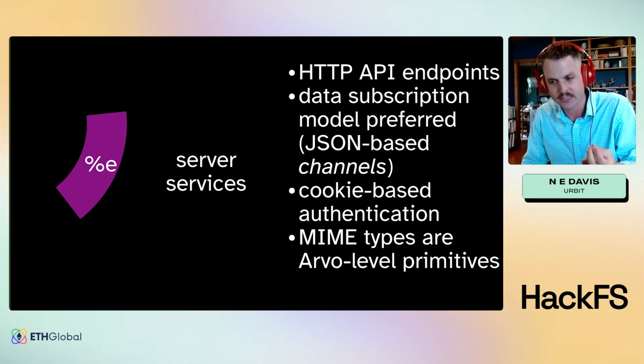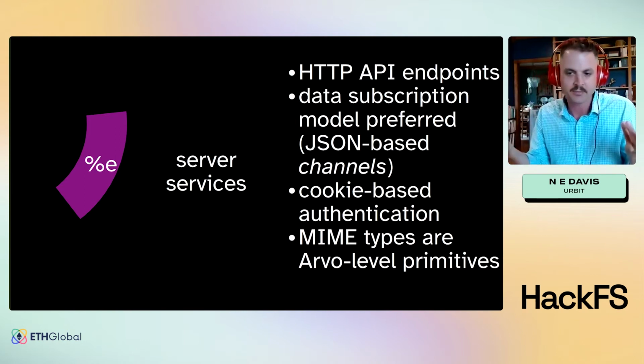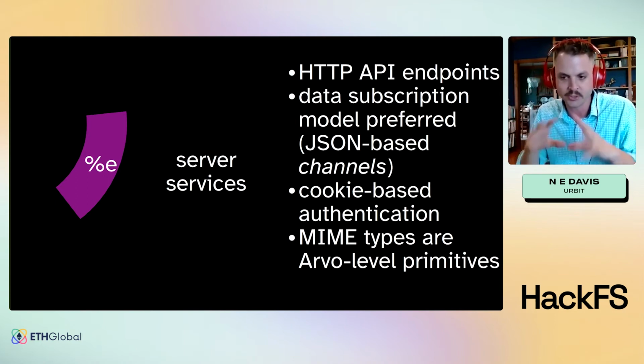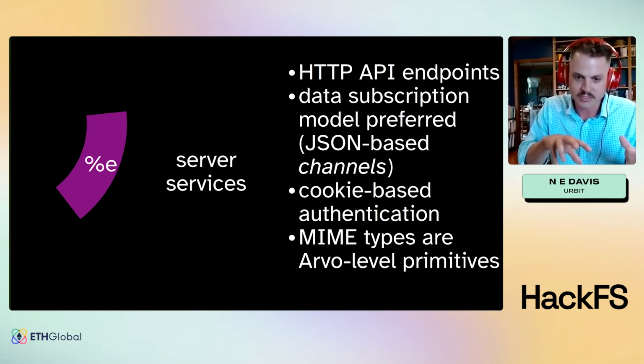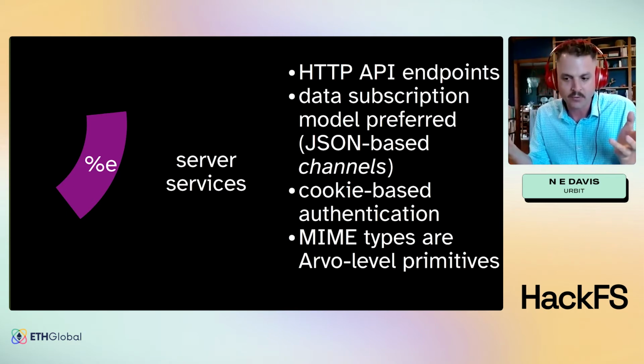So there's a cookie-based authentication that sets up this channel, and then you either emit JSON events down this channel or you receive them back from this channel, so you can communicate entirely in JSON and get put requests. So you don't have to know the internal language of the system to understand how to talk to the system. And then MIME types are Arvo level primitives, they're Urbit OS level primitives. And so it's relatively straightforward to do conversions from the JSON that you're sending in, or whatever values you have stored inside of that, to whatever internal representation you need.